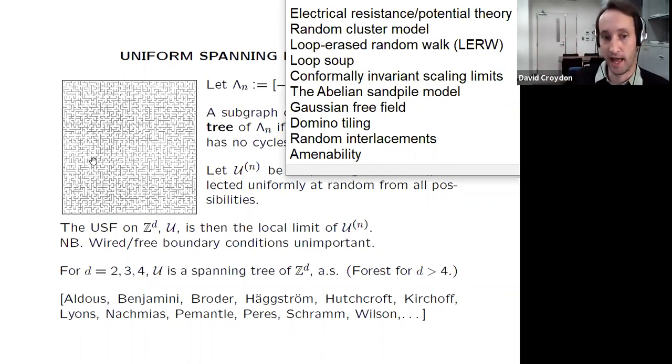if you ask what's the probability that the uniform spanning tree uses a particular edge in the graph, say between the origin and a neighboring vertex, this turns out to be equal to the effective resistance in the underlying graph of that edge between those two neighboring vertices. This is one way to see this connection, but of course there are many others as well, and applications of this result.